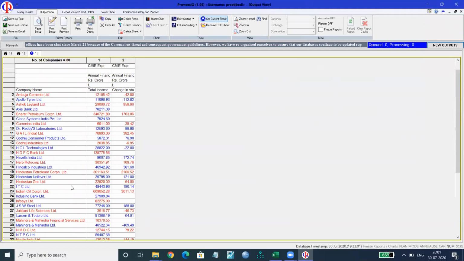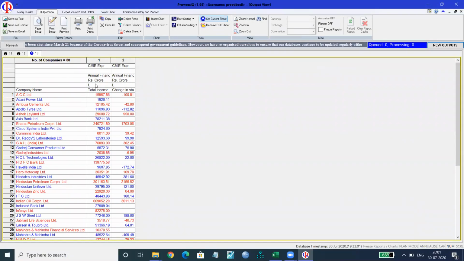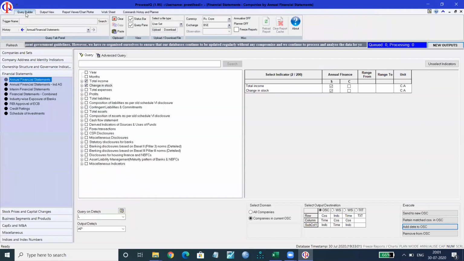Now this is one thing. Now what do you understand by the term L? L ka yahan par matlab hota hai current period only. So if you want to have the data simultaneously for certain number of years, then what you have to do is you will again go to query builder. Now this is L. L means current year. If I will put here L10, that means I require the data for 10 years. Theek hai, that is last 10 years.